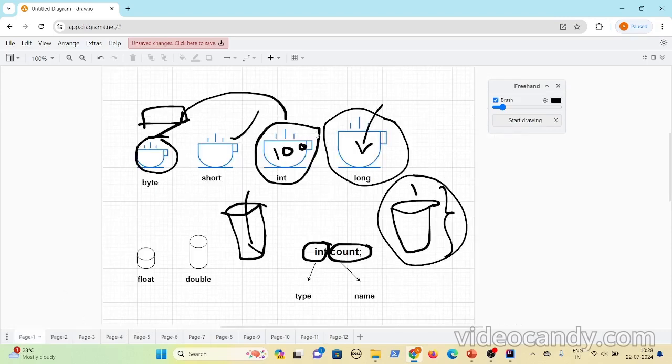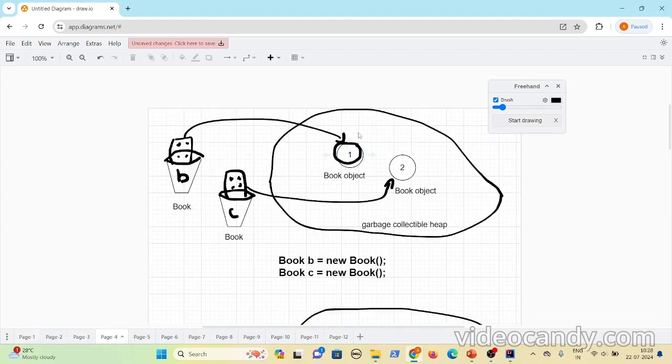Now, if you see the primitives, the value 100 is directly inserted in the variable. But for objects, it will not directly hold the object. It will hold a reference to the object. So, what is meant by a reference? The object lies on the heap, and you have a variable somewhere, and inside the variable it holds some way to access the object. Let's say it holds the address of the object. In memory, it will have the start address and the end address. It will hold the address of the object.